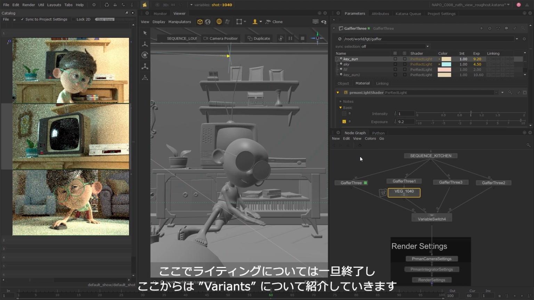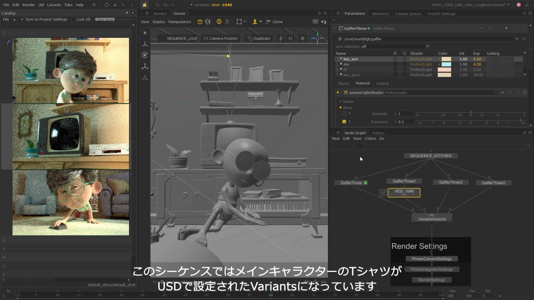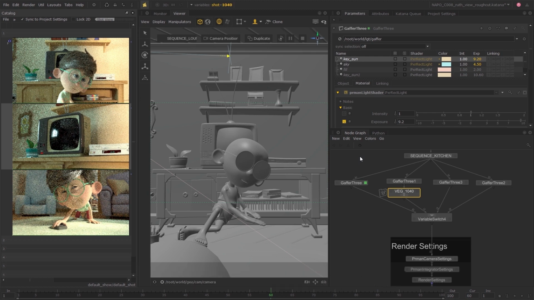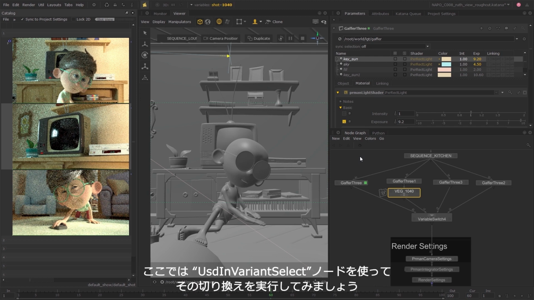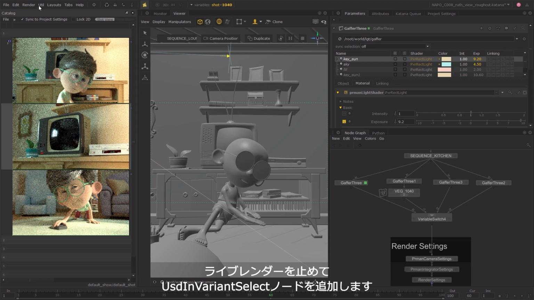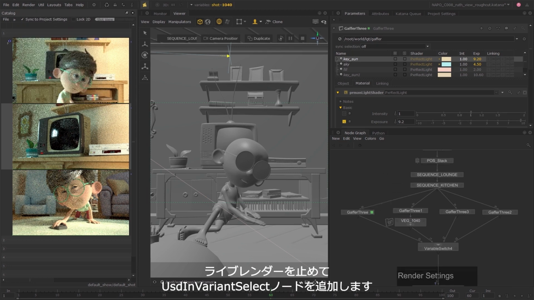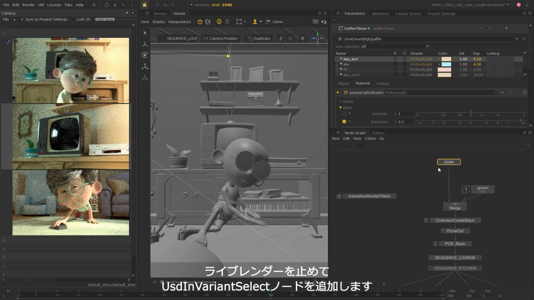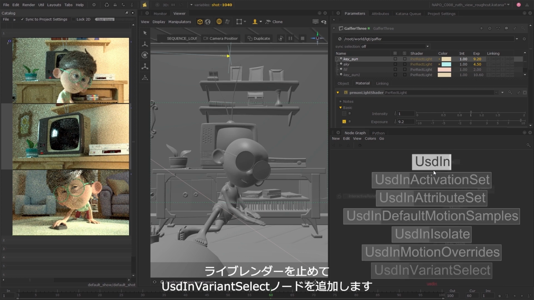So I'm going to leave the lighting here and just talk a little bit about variants. So there's a few material variations that have been brought in with the USD files in the sequence. I know that we have some shirt variants that have been set up for our hero character Joao, and we can access and switch between these using a USD in variant select node. So I'll place one down, but first I'm just going to cancel the live renders for now while I get this set up. So I'll place the USD in variant select,